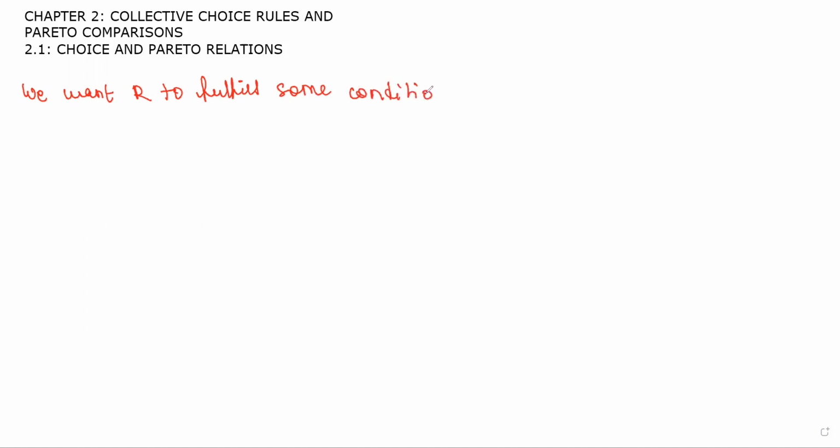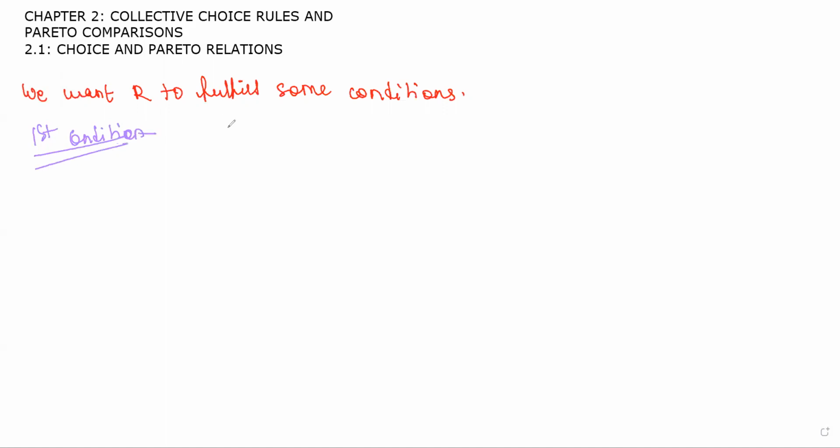So naturally, from this flows a basic fact. We want certain conditions on R. We want R to fulfill some conditions. If R could be an ordering, that would be great. If R was an ordering, that by all means means that R is fairly rational, along with some other conditions we will impose later on. The first condition we impose on R